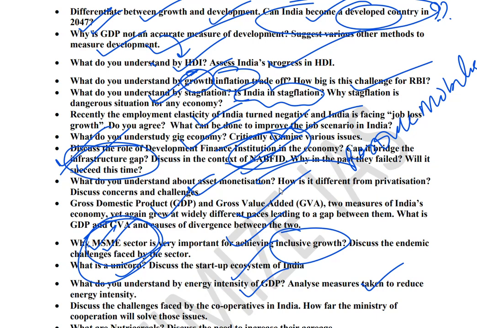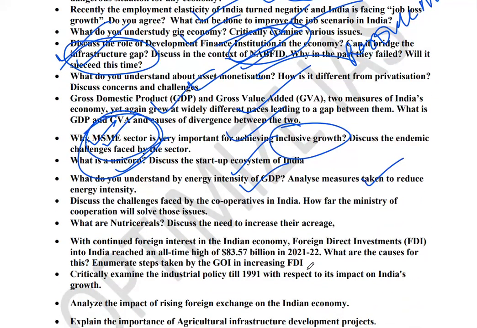Next is the topic of cooperatives, very important. For the last 2 years this theme of cooperatives is going on. Government has come out with a ministry of cooperatives. A lot of noises we are hearing in the field of cooperatives. So either cooperatives can come in essay, or in general studies paper 1, or it can come in general studies paper 3, but it will come this year.